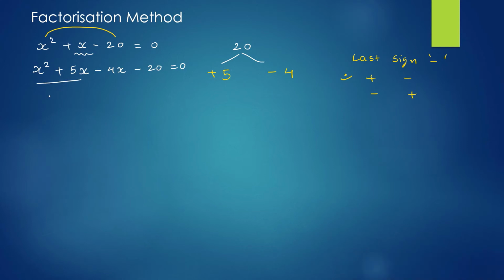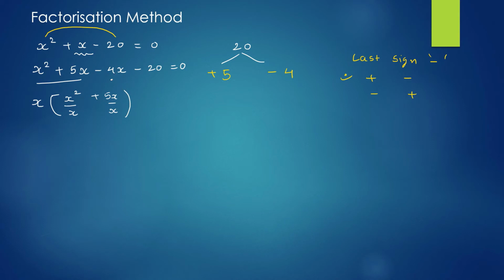So if you are not able to take a common now, simple step is that x is written 2 times here and x is written 1 time. So common part will be the x. We will write x here. And if you are not able to judge what term will remain in a bracket, so simple, what you have to do, you have to write x square as it is and plus 5x as it is, and then you have to divide each and every term by x. Okay, by practicing you will do that directly.